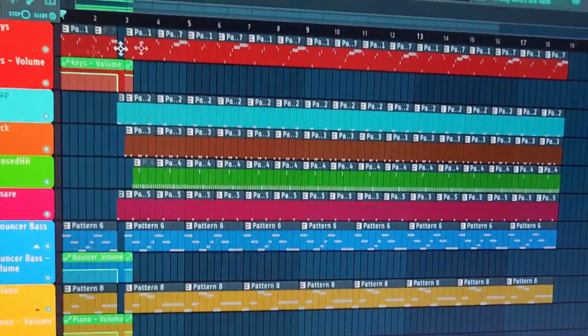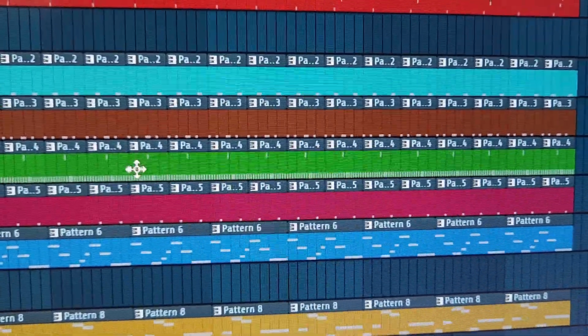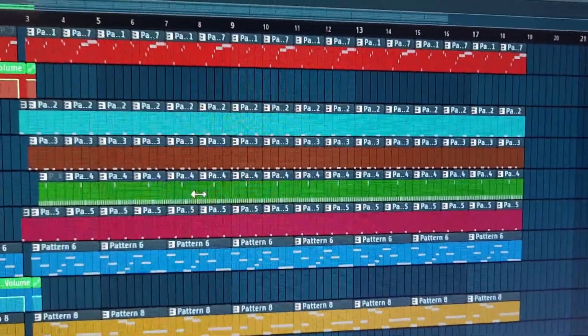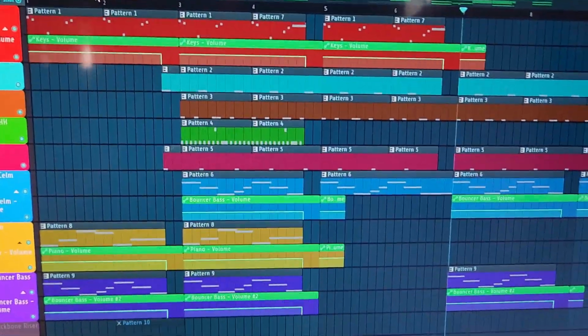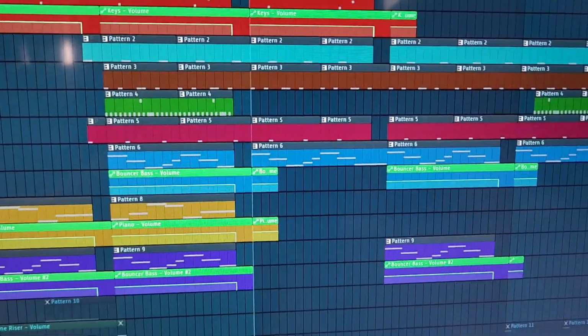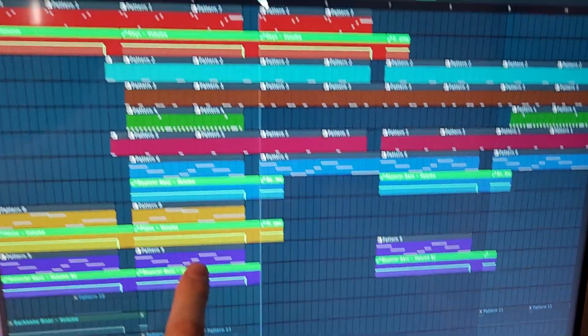Say what we have going on here is the hook. You create a drop, and then you come in with less instruments for the verse. And here's an example of that. We got the hook that I created right here. Then it comes right in to the verse where I take out the piano and the bouncer bass,